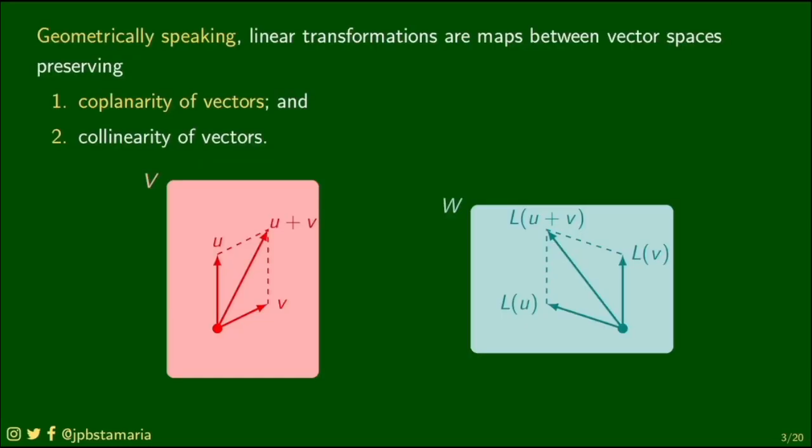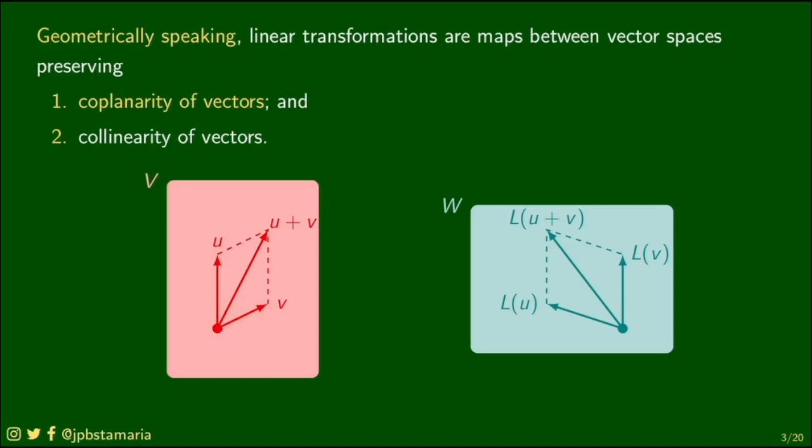Geometrically speaking, these linear transformations can be interpreted as follows. Linear transformations are functions or mappings between two vector spaces that preserve: number 1, coplanarity of vectors, number 2, collinearity of vectors. Coplanarity of vectors is preserved because whenever you get two vectors u and v from the domain V,